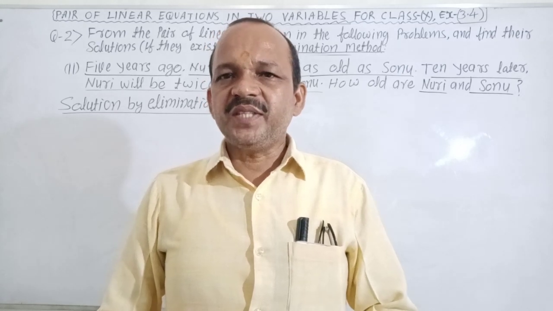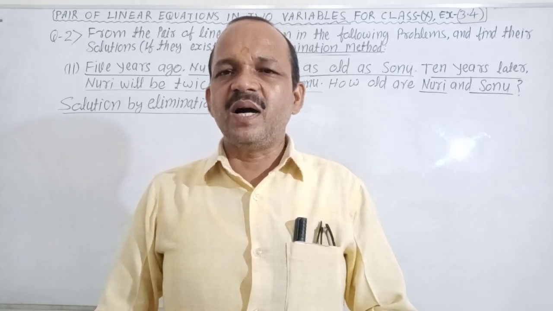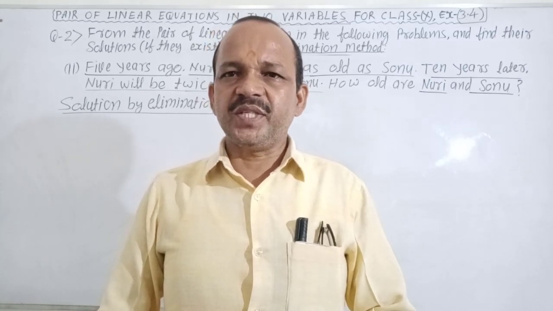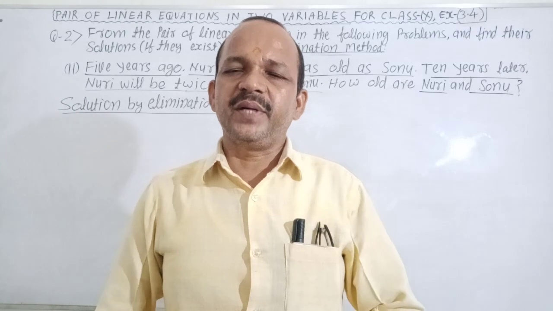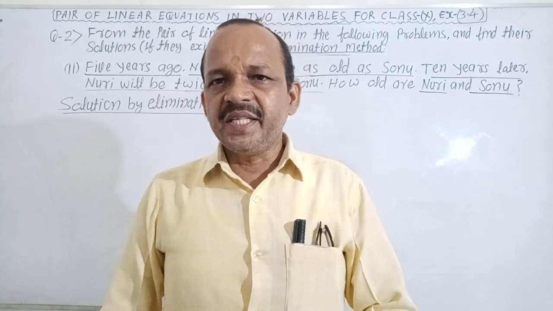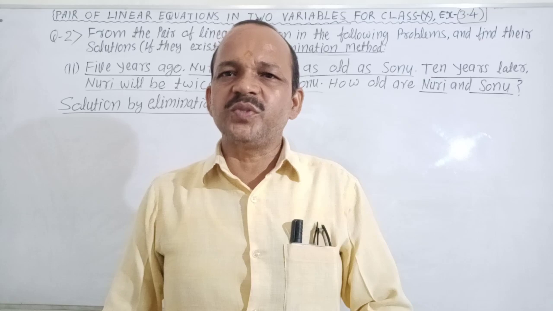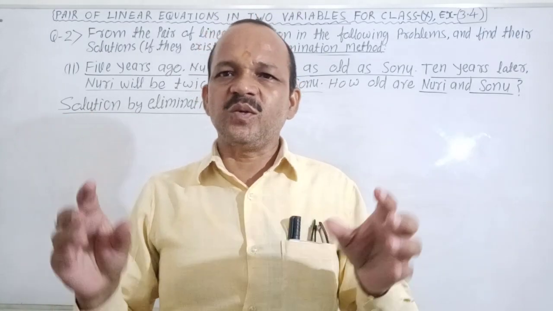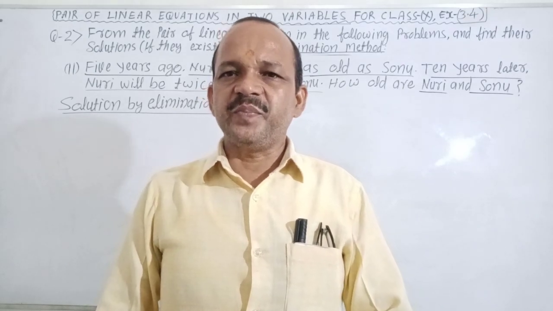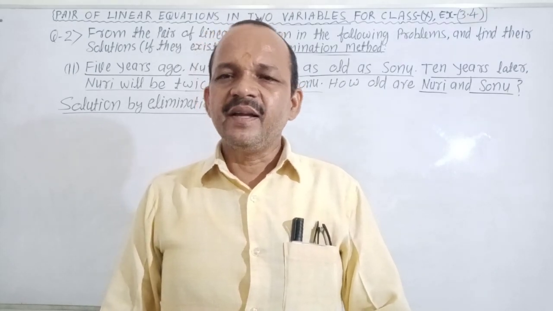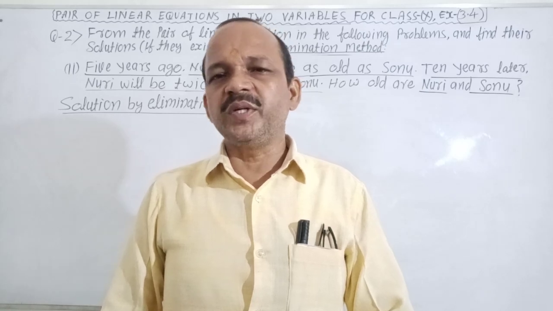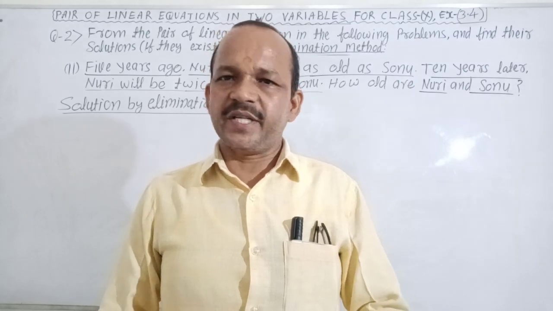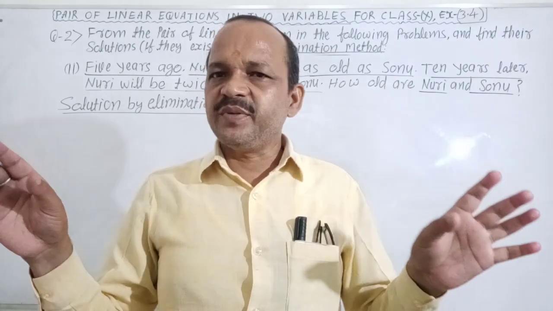Very good. Firstly, I want to describe about the form of pair of linear equation in two variables, because you can ask me the question: what is the form of pair of linear equation in two variables? It is new for you, so you can ask very easily. Very good. a1x plus b1y plus c1 equal to 0 and a2x plus b2y plus c2 equal to 0. It is the form of pair of linear equation in two variables. It is clear, no confusion about it.